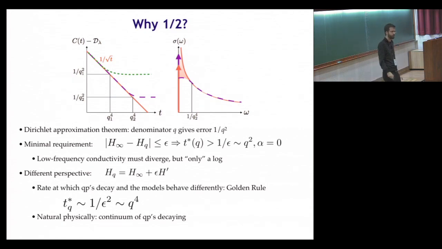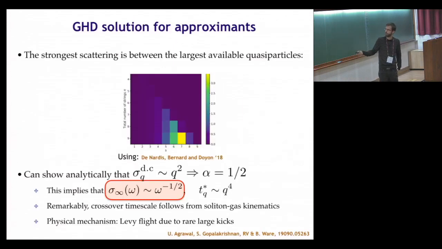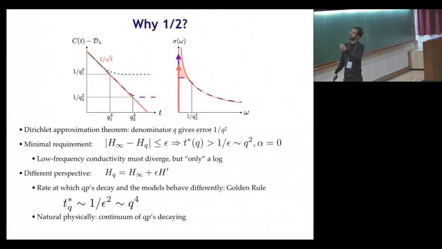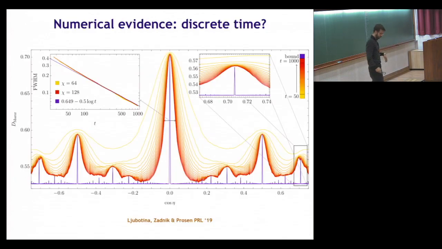I don't know how to make this very precise, but it's not completely crazy that we get this. Okay, so this is the part that went wrong. If you assume this process is incoherent and you have quasi-particles that will have to decay somewhere, and you put in Fermi's golden rule, this naturally gives you this time scale. This time scale gives you this. Okay. All right, so in the last 6 minutes I have, let me tell you a few things about